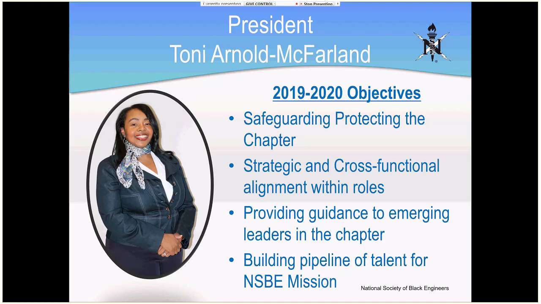I won't read through everything, but as the president, I have to kind of keep a balance of everything that's going on, what each of the chairs is doing, and making sure that we are aligned as we do that. One thing that I've really been focusing on is safeguarding and protecting the chapter. So what that means is making sure that we understand the business of being a chapter and a nonprofit. What does that really mean? What risks are there out there that could affect us? What things do we need to be better at so that we can position ourselves to get grants and things like that?